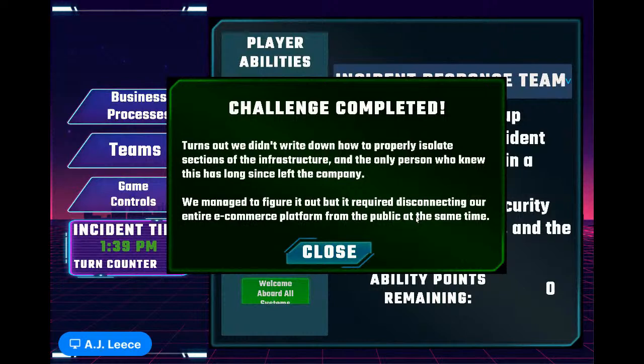But there's a problem here. Turns out we didn't write down how to properly isolate sections of our infrastructure, and the only person who knew has long since left the company. We managed to figure it out, but it required disconnecting our entire e-commerce platform from the public at the same time. So this goes into the consideration of the processes and the procedures need to be tested, validated, and up